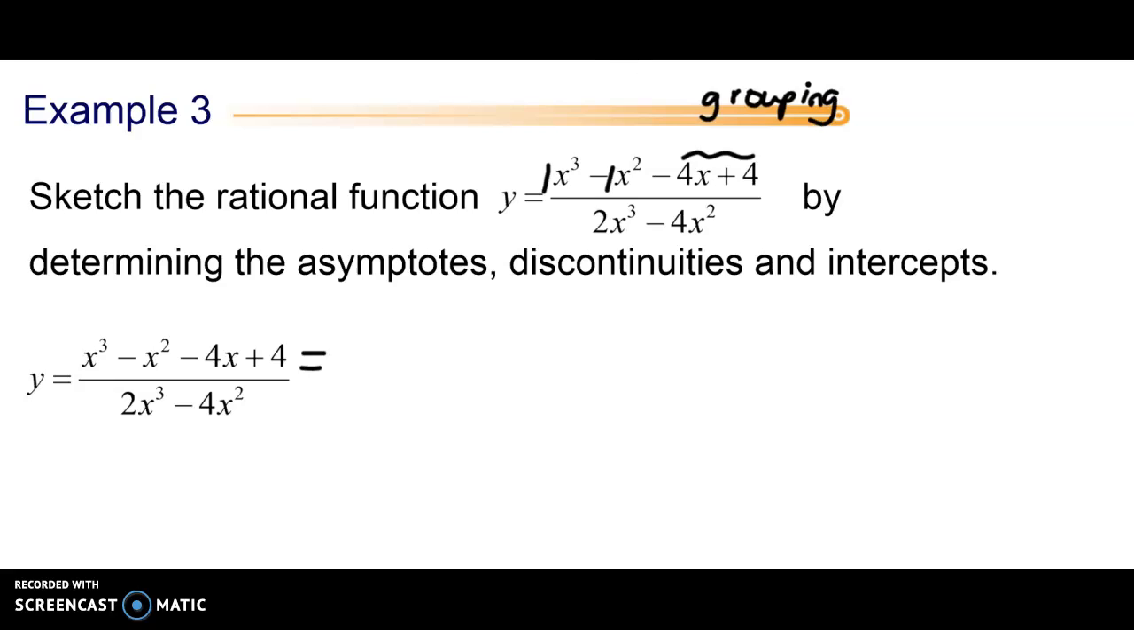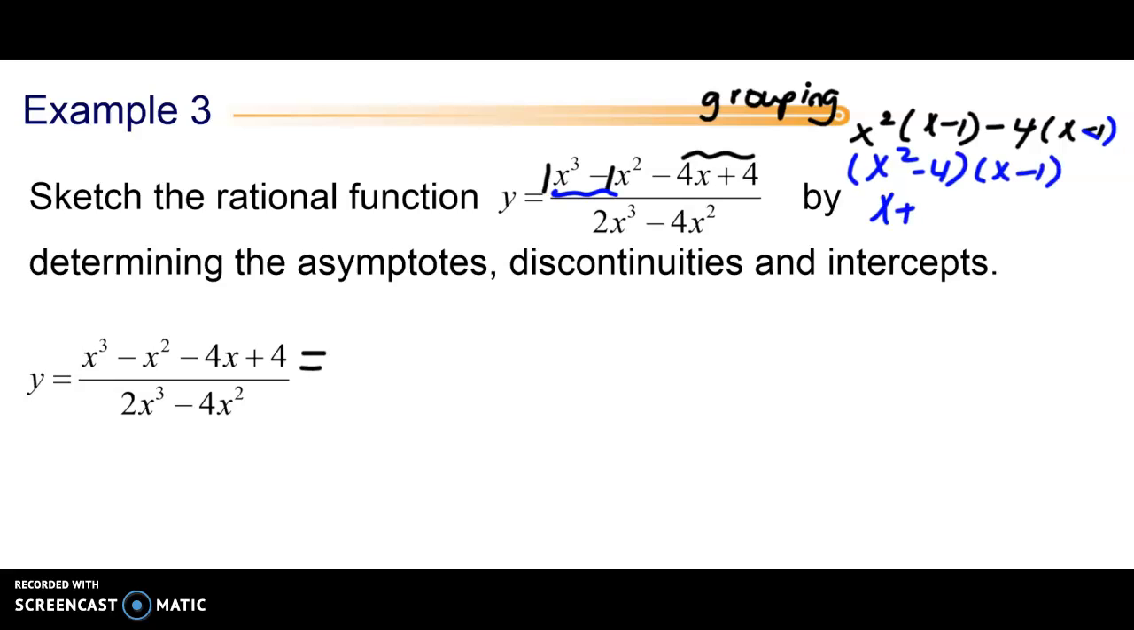So we're going to look at a common factor for the first two terms, which would be x squared, and you'd be left with x minus 1. We're going to take out a common factor of 4 for the second two terms, and you'd be left with x minus 1 as well. So then you have an x squared minus 4 with an x minus 1, and you have a difference of squares, x plus 2, x minus 2, and an x minus 1. So we're going to place that in the numerator,